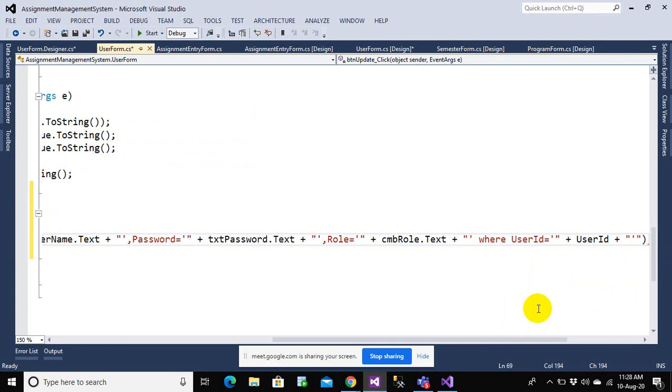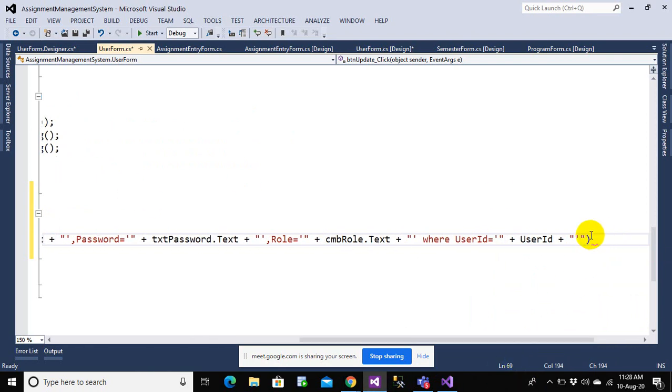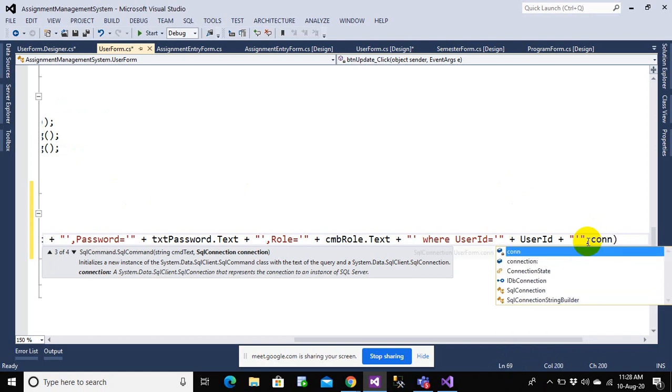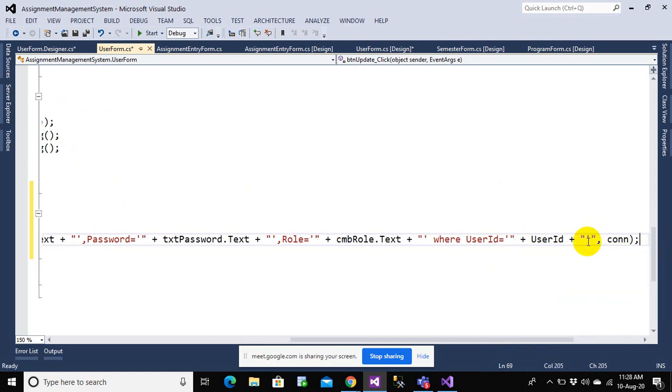So we have written the update query, and once you write the update query, you need to make sure that you have provided a connection in every SQL command. Whatever SQL you write must be followed by the connection, otherwise your query will not understand for which table this is to be executed, or for which database this execution has to be made.